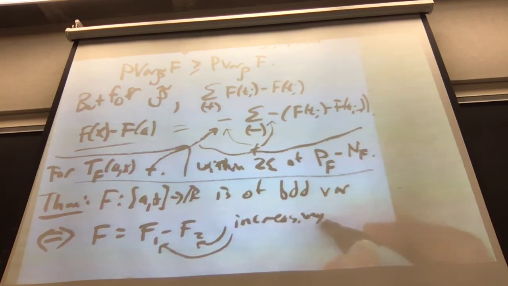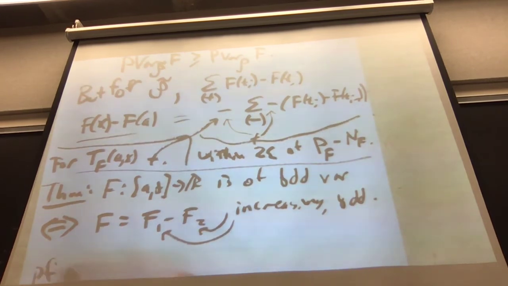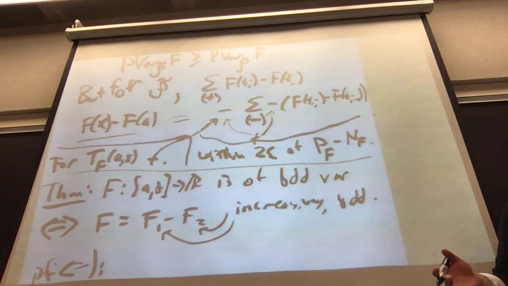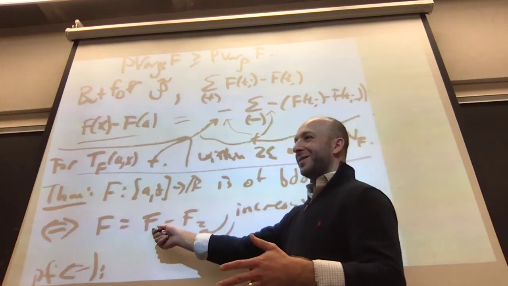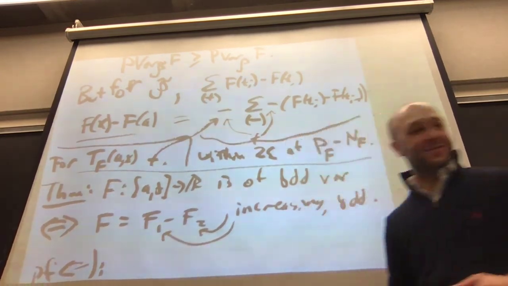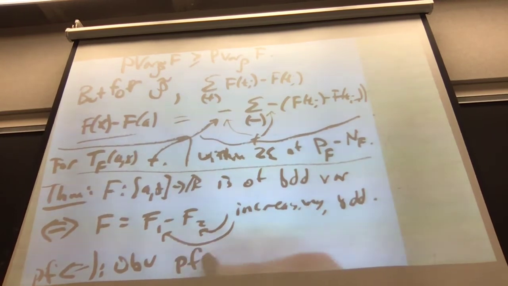Increasing bounded. Okay? The proof in this direction: if f is the difference of increasing bounded functions, its total variation is not more than the sum of the variations of the functions that made it up, and they're increasing, so they're bounded, so their variations telescope. So this is obvious. The proof in the other direction,